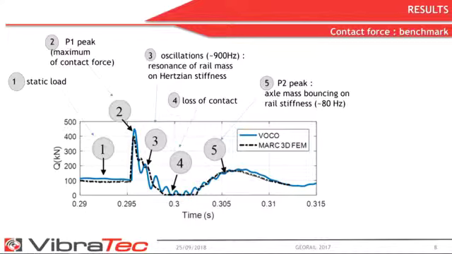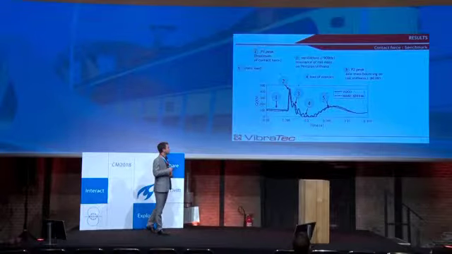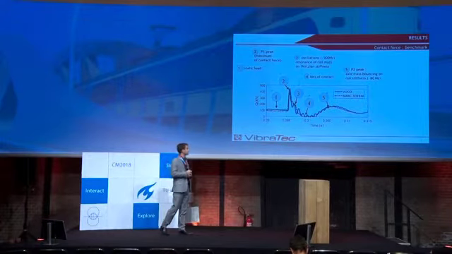In this case, you have a loss of contact here because you can see the static force is going down to 0. And afterwards, you have a rebound corresponding to the P2 peak, which is the axial mass bouncing on rail stiffness at about 80 Hertz. Well, you can see the difference between VOCO in blue, so the simplified approach, compared to